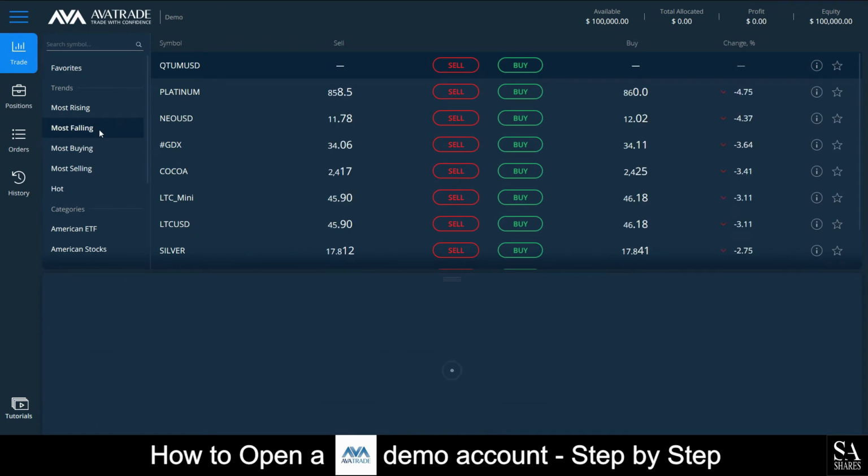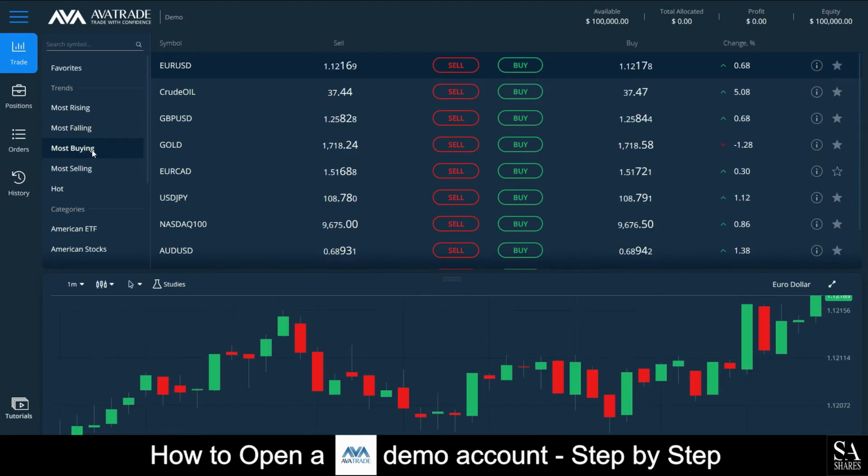On the middle of the page, you can see your currency pairs and how they are doing against one another. You can buy and sell from right here. At the top right of the page, you can see your balance. Keep in mind that this is just virtual money for demo trading purposes, which allows you to practice trading in